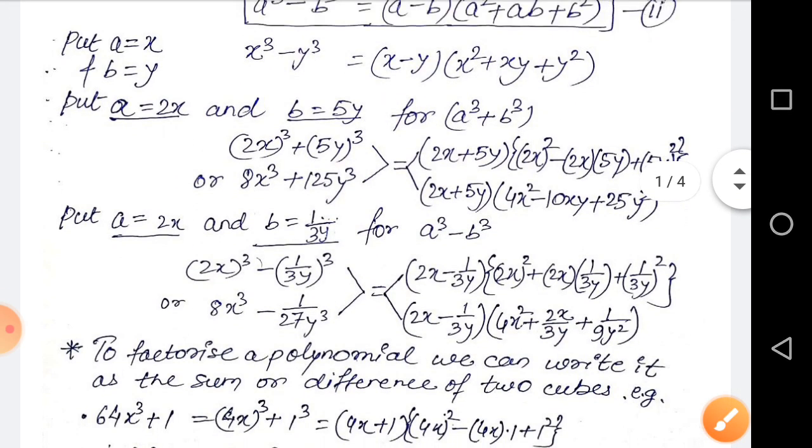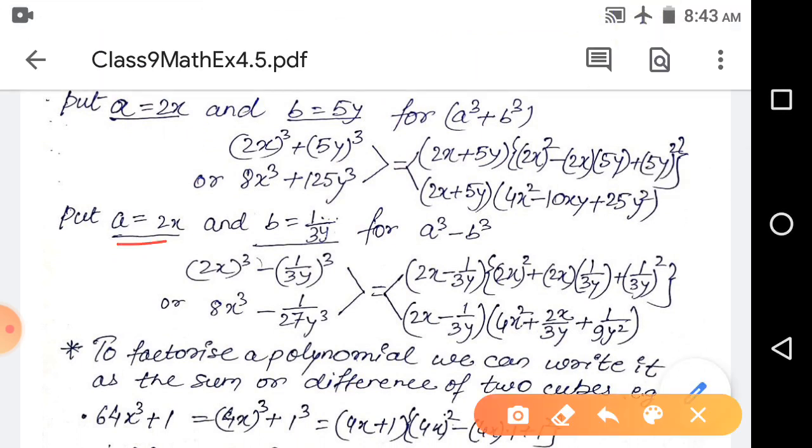If again we substitute a as 2x and b as 1 by 3y, then we will proceed in the same way. Here we will substitute for a cube plus b cube. We will use the formula a cube minus b cube. So in the place of a it is 2x whole cube, and in the place of b it is 1 by 3y whole cube. So for this 2x whole cube we know that it is 8x cube, and for this